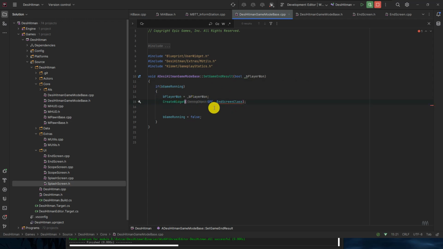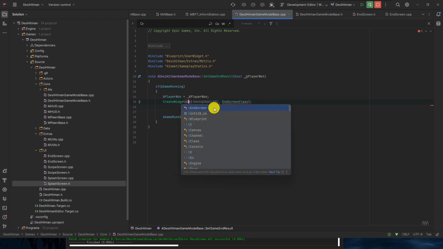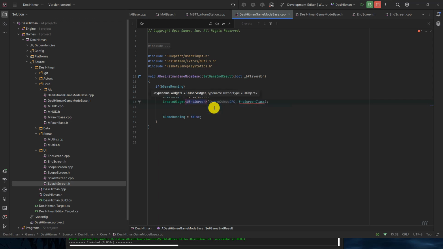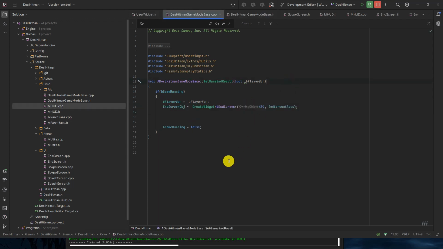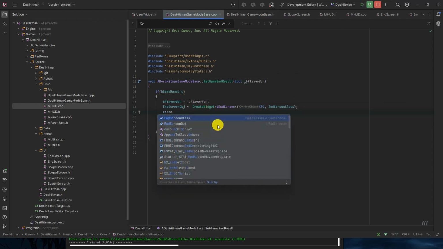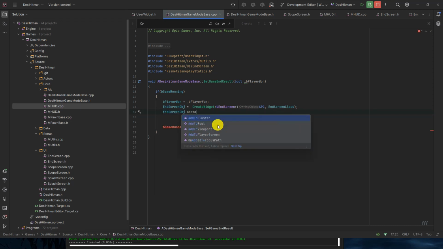Here we have to specify UEndScreen. Cannot convert. Okay, just do it like this, and EndScreenObject AddToViewport.